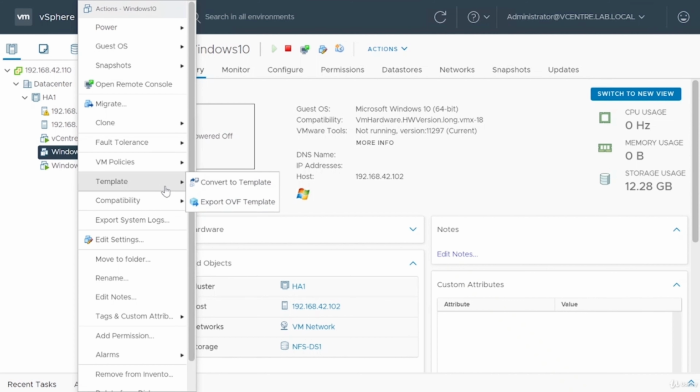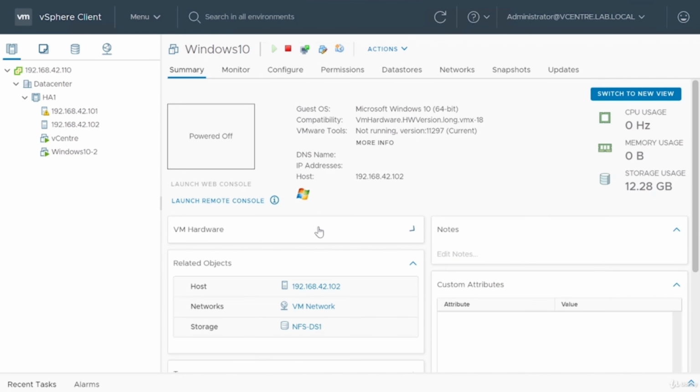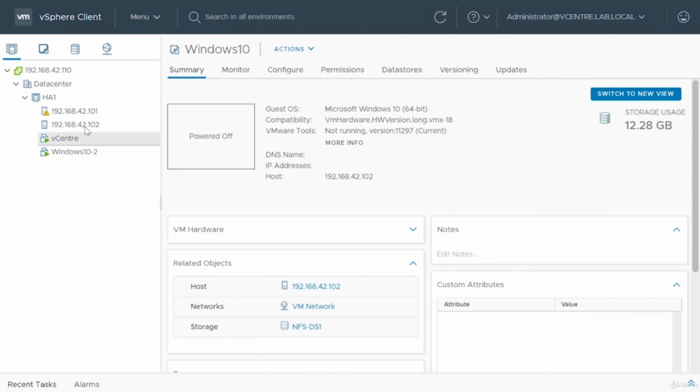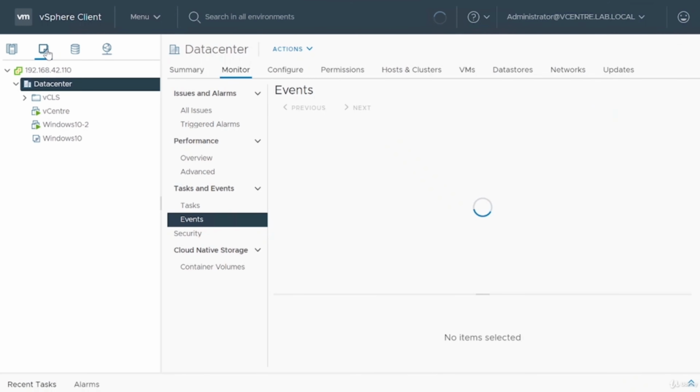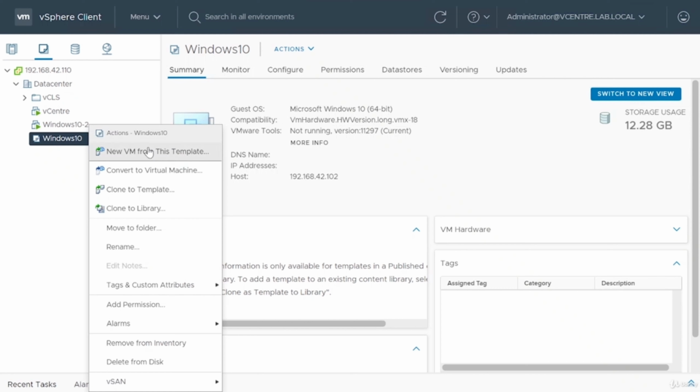So let's go and convert this one to a template. It's a simple process. It says yes, and it disappears from that list. It no longer appears on the hosts tab. We need to go to the VMs and templates view here, and we can see there it's got a slightly different icon and it is marked as a template. If we right click it, we cannot start it. We can convert it back to a normal virtual machine, then we can start it,